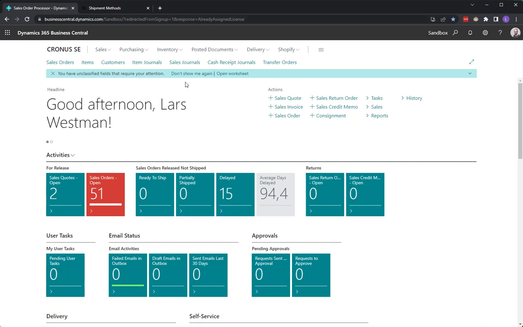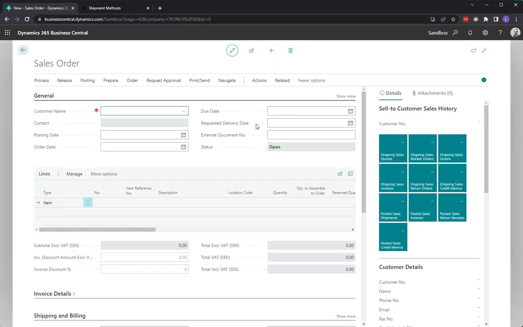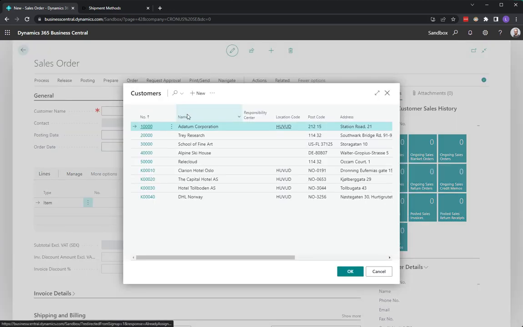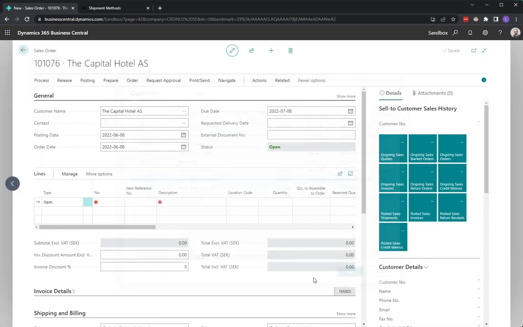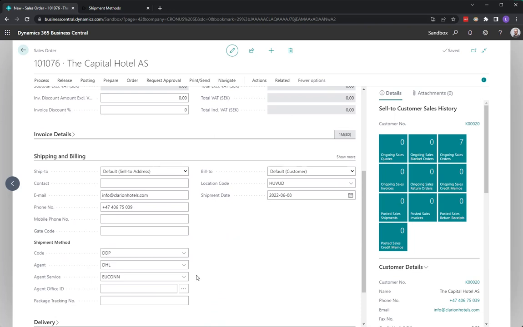Let's go into Business Central. I will actually start in the sales order and take it from there. So I will select here, I'm in Sweden. I will select customer in Norway. So this is an international consignment. And if we scroll down to the shipping and billing, we got DDP as shipment method, and we are using